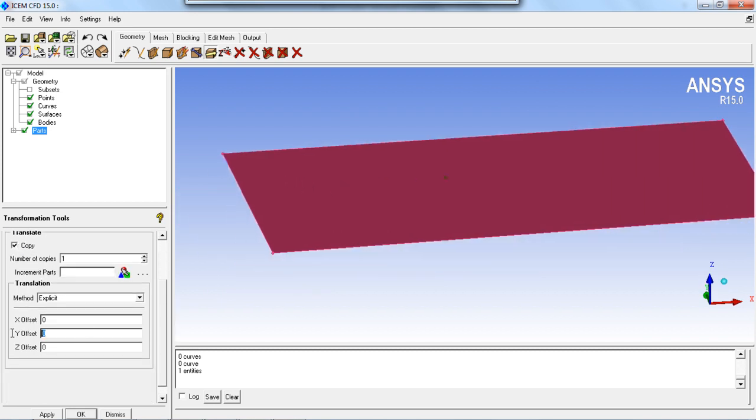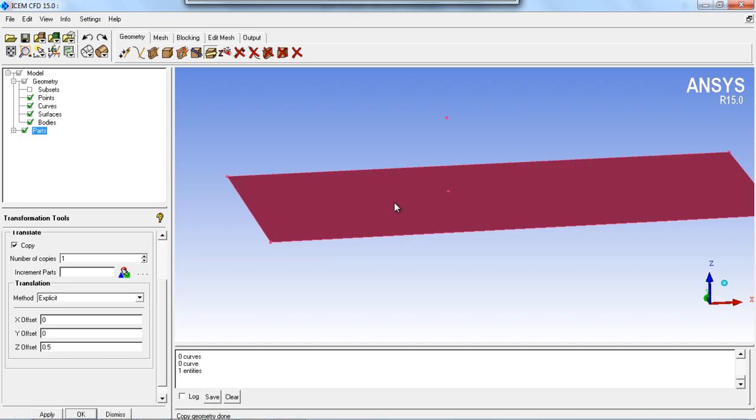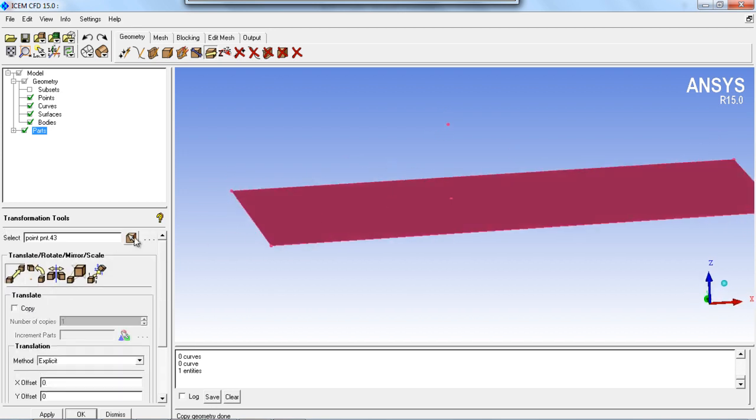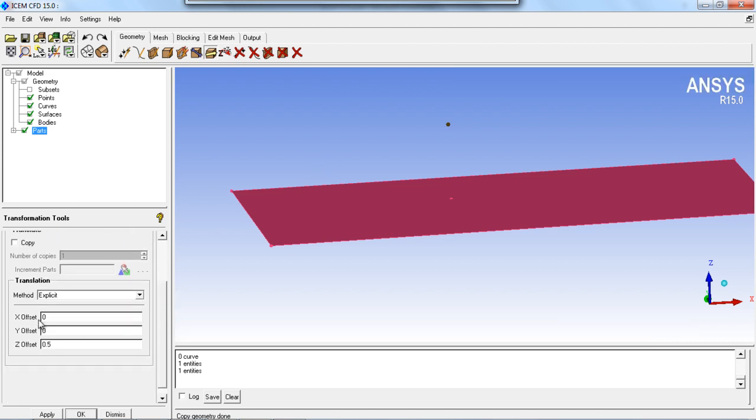Copy and set as 0.5. Instead of copying, I am going to move this point in the x direction by 0.5.